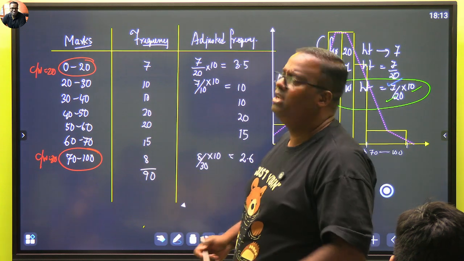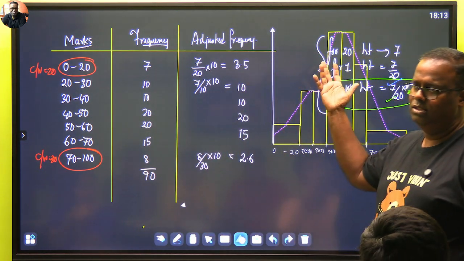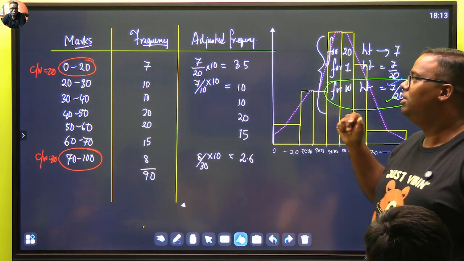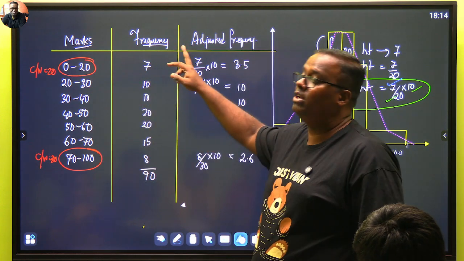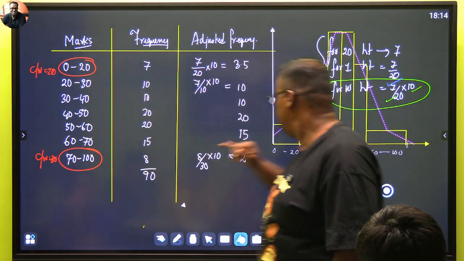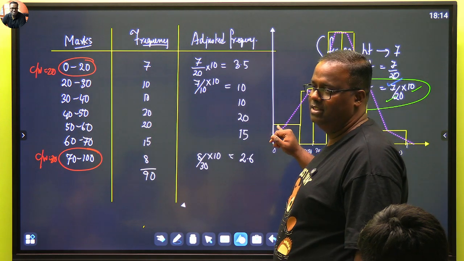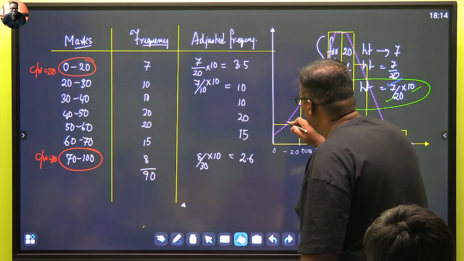So if they say that only draw the frequency polygon, we will only draw the frequency polygon. So in that case, what should you have? You should have this. From this, you should be making out another table called the class mark, because you will be plotting between class mark and height. Did you get it? If you draw only frequency polygon, then all you are interested is